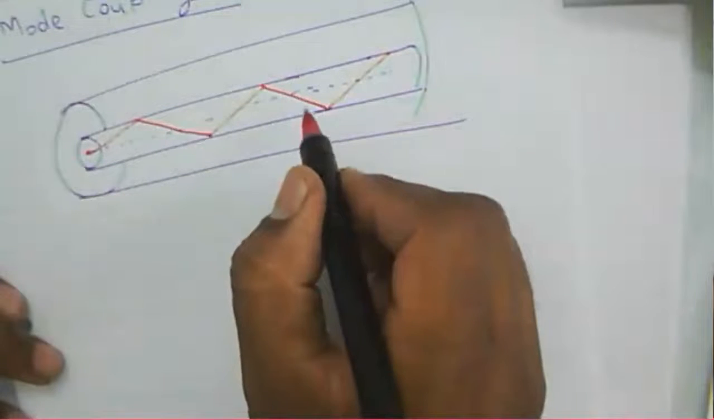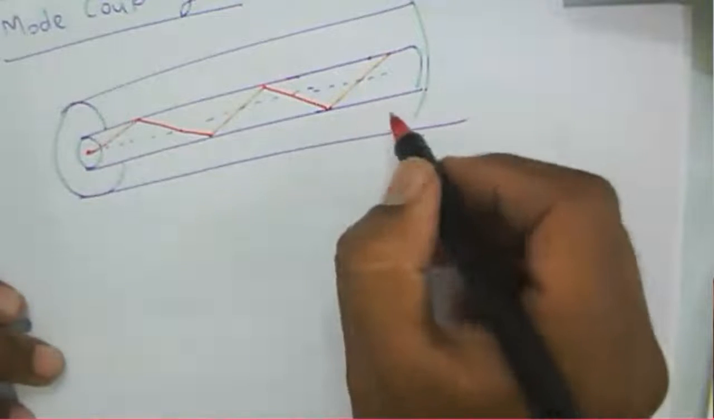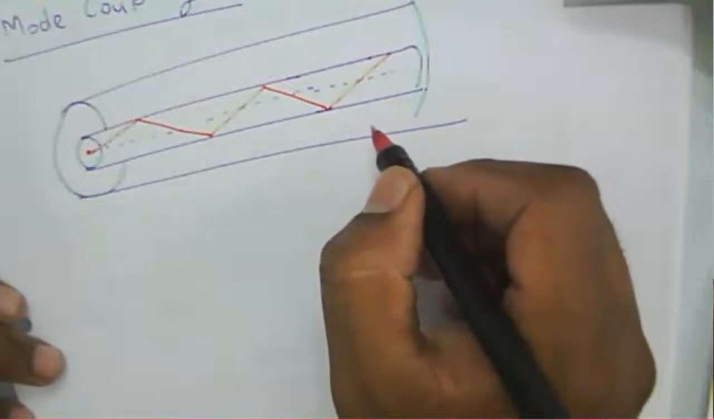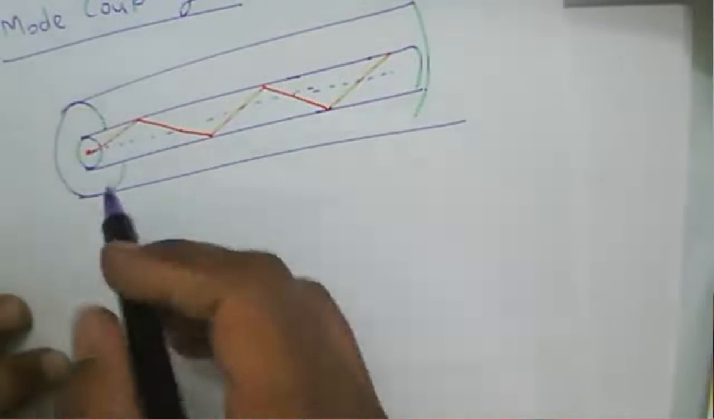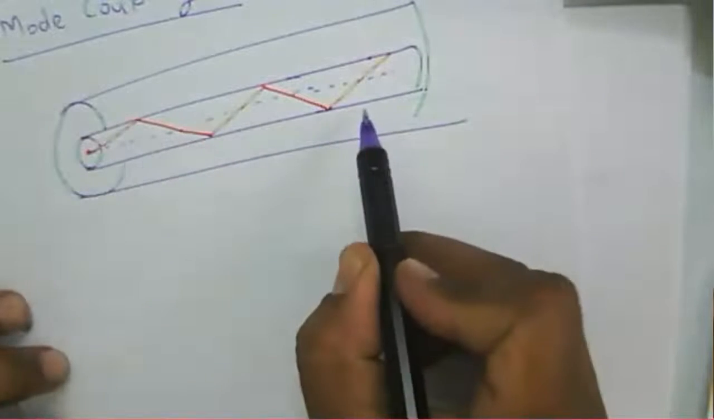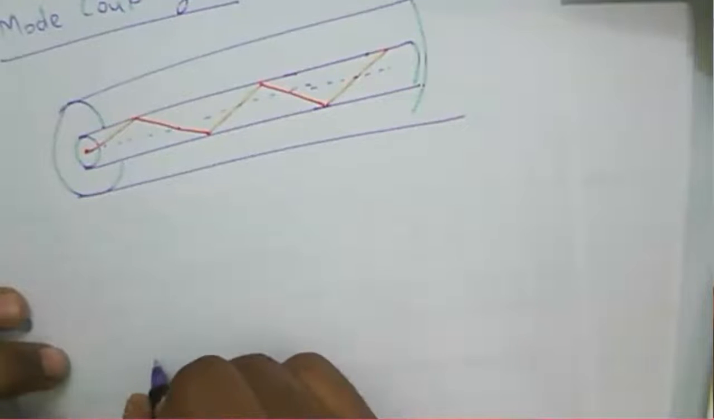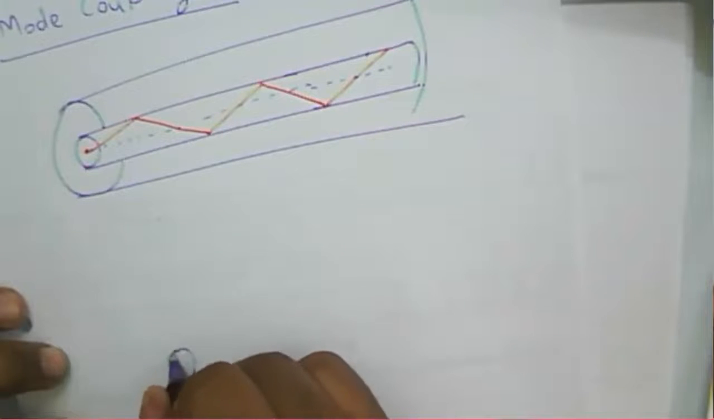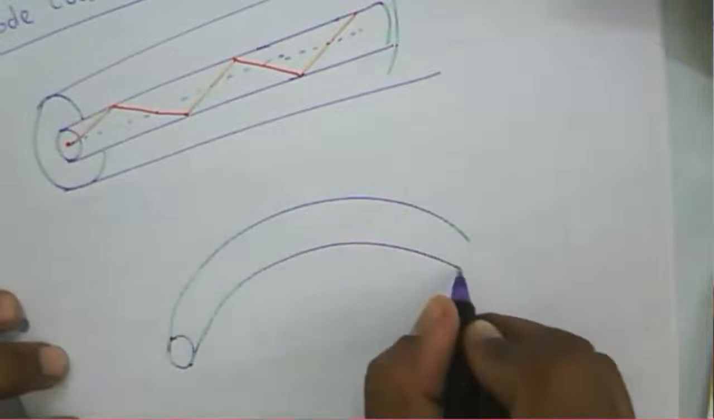So in that case, there is no change in the propagation constant. We consider that the fiber is straight now, there is no variation in the fiber, it is the ideal condition we consider. But if you consider that a fiber is bent now,